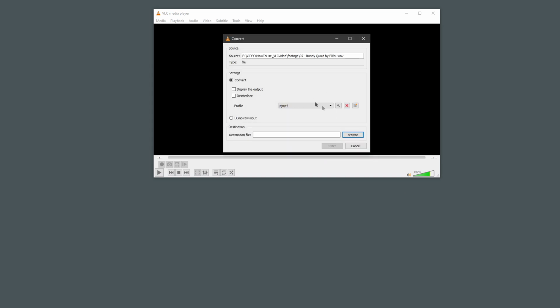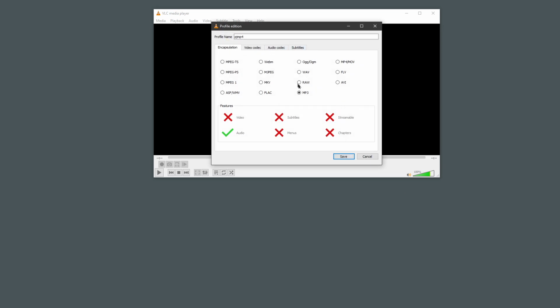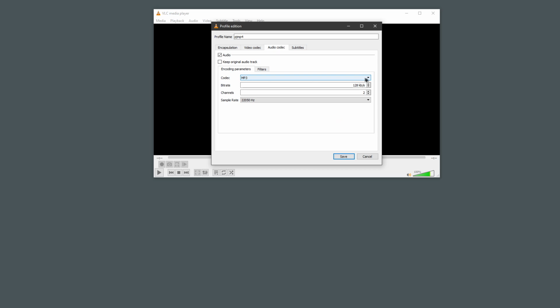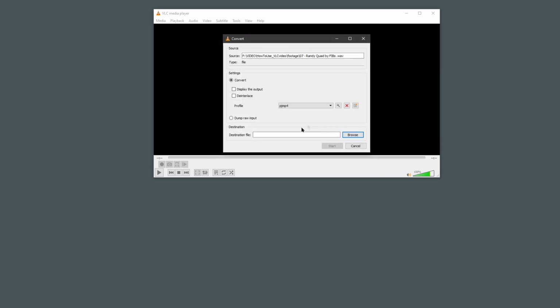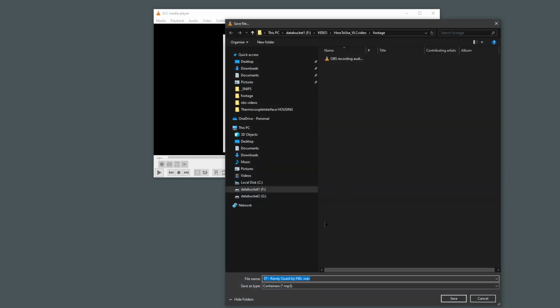Do a convert save, and we're going to pick the spanner, tell it to save it as an MP3 file, pick the MP3 file, 128 kilobits per second, 44.1, stereo, save, pick the file,